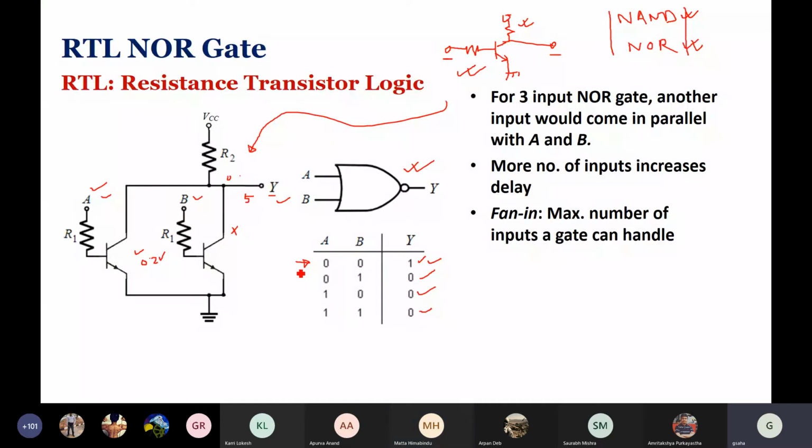Okay. So if you now look at this truth table, yes, please. When both are high, will it be 0.2 or a bit less than 0.2? In both the cases, it will be less than 0.2 volt. You have seen 0.2 volt is around 1.66 volt. If you go deeper, at around 5 volt at the input side, it will be around 0.1 volt. Sir, I think when both are high, Y will go to 0.2 volt earlier, before 1.66 volt.